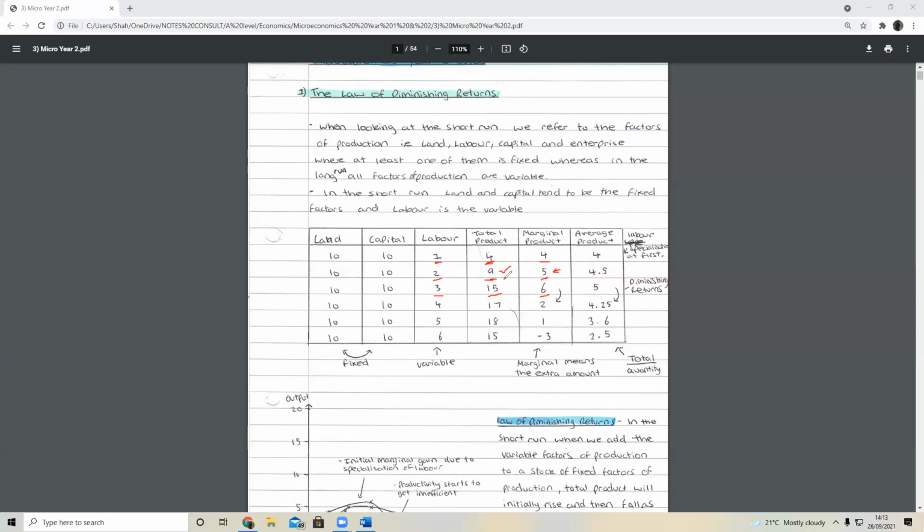And now with 3 people, we went from 9 to 15. Now the difference, that third worker added 6 basically. Do you get it? Yeah. If we went from 3 to 4, they went from 15 to 17, and that fourth worker only added 2. Yeah? Okay. Do you get it? 100%. Kind of, yeah.